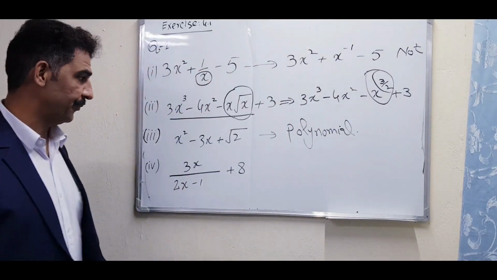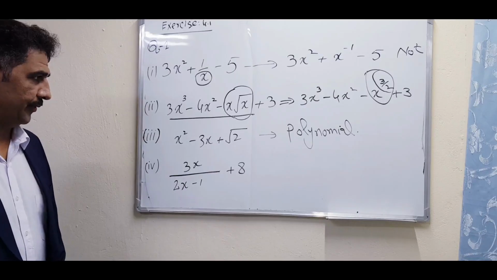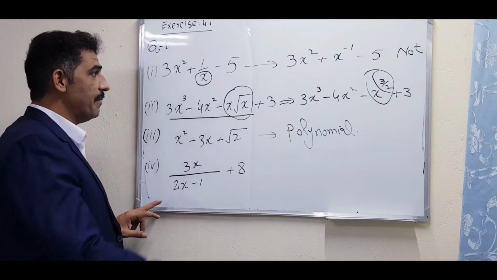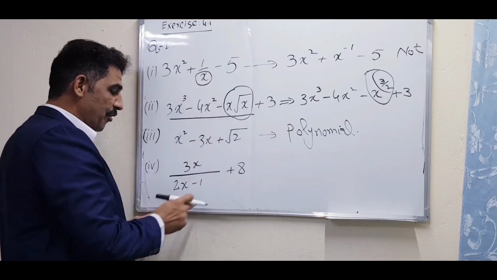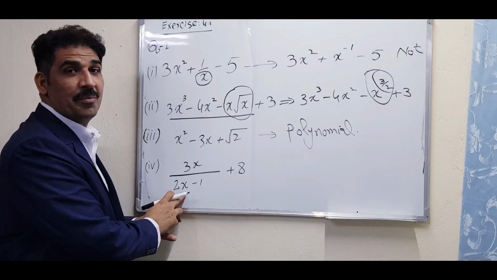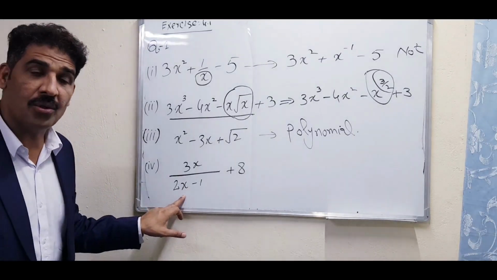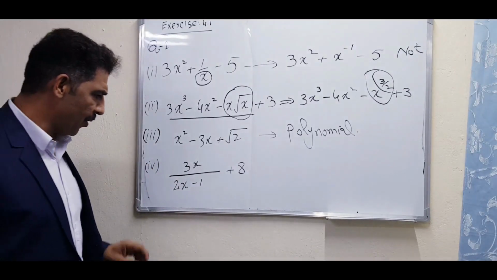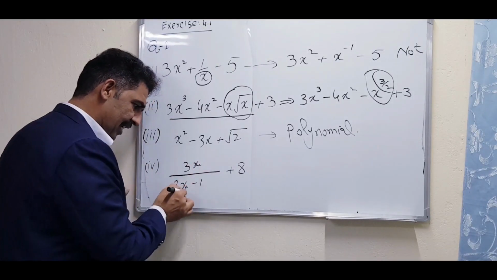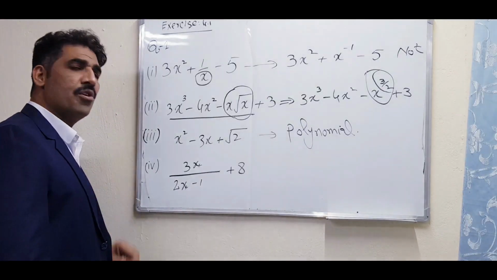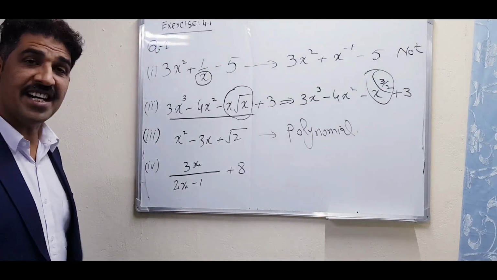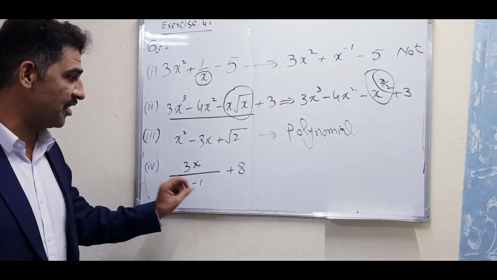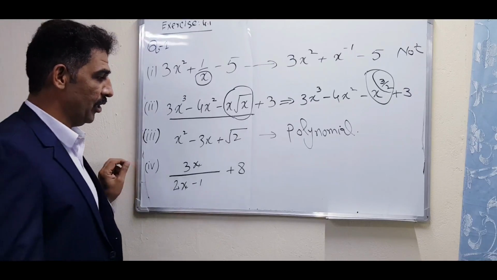Polynomial, right? What about this? Yeah, this is also not a polynomial. Why? Because here x is in the denominator, and here x is also in the denominator, so it is also not a polynomial. Is it possible to cancel like this and this? No, it's wrong, out of rule. Good. Why is it out of rule? Because there is a sign of minus 1, that's why it is also not a polynomial.